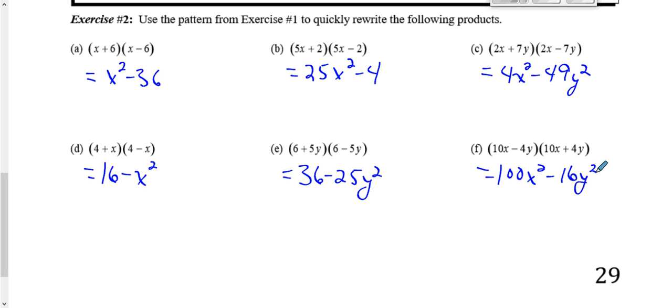Get that? So if you saw this and someone asked you to factor it, what would you write? I just got done saying it. X plus 6 times x minus 6, if you were asked to factor that, right? And this one here, if someone asked you to factor this difference of two squares, what would you write? 5x plus 2 squared. Yeah, you just have to know that that's a perfect square minus another perfect square, which